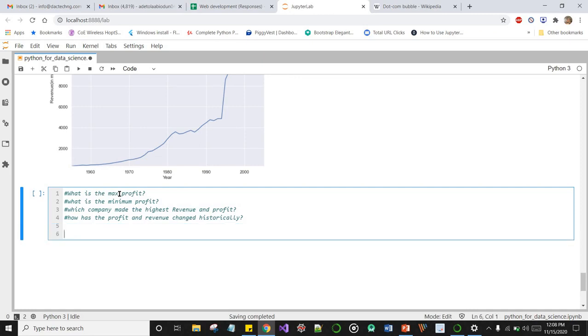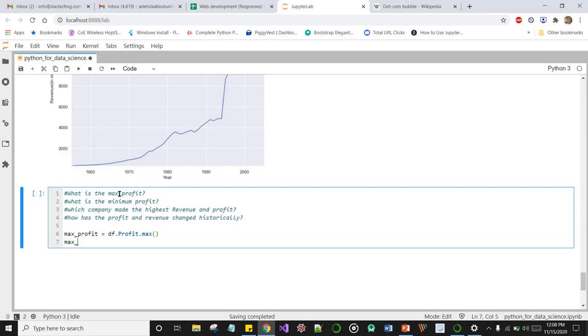What is the maximum profit? So let's define a variable called max_profit. We can select the profit column because that's what we're interested in. So data frame.profit, and there's a max method in Python. We can also say max_revenue.